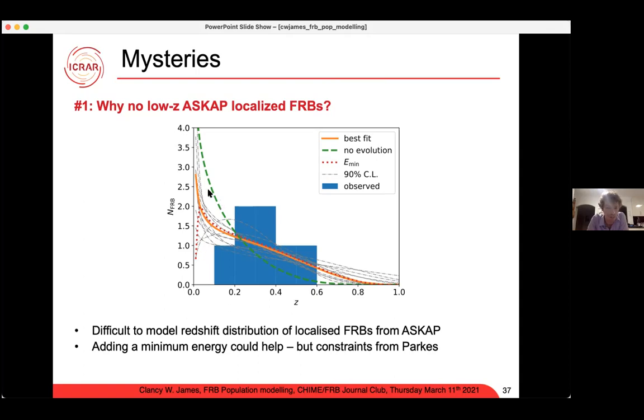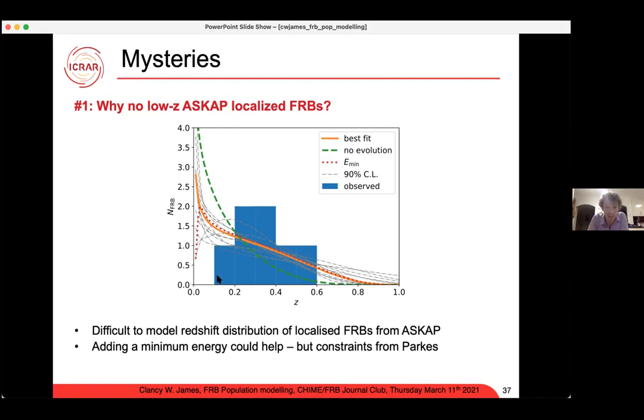Now, this discrepancy is at about, I forget what it is, about the 5-ish% level. So it's 2 sigma-ish, okay, one-sided, so maybe about 2 sigma-ish. If you start trying to introduce a minimum FRB energy, which does push in this direction, then you actually conflict with Parkes data. Because if you have a minimum FRB energy, then your nearest Parkes burst would be less likely to be weak, right? If you have a minimum FRB energy, as soon as you see something that's nearby, it should be quite strong, right?